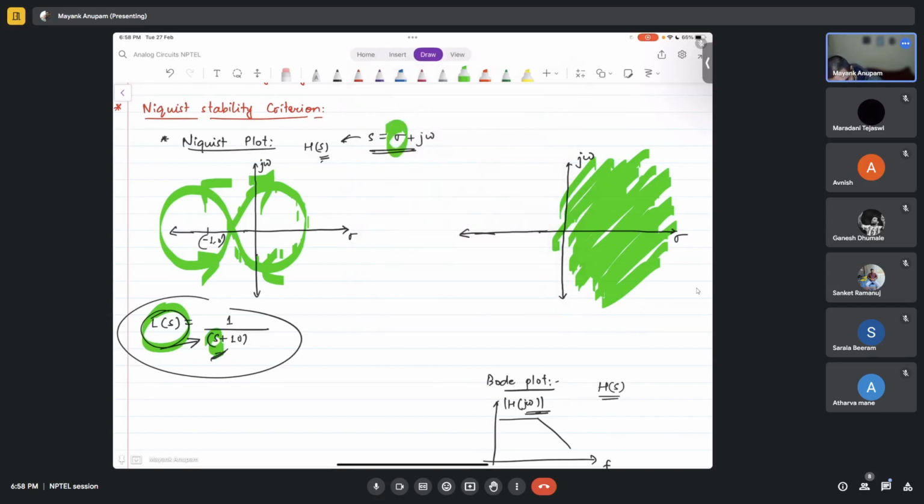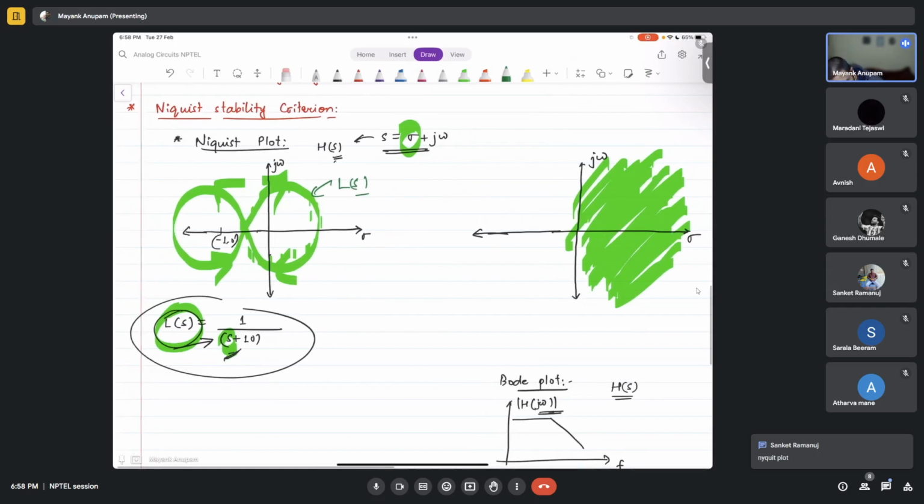Getting my point? This is the plot of L of S, by the way. Okay, Sanket, what didn't you understand? Okay, you see Nyquist plot is,